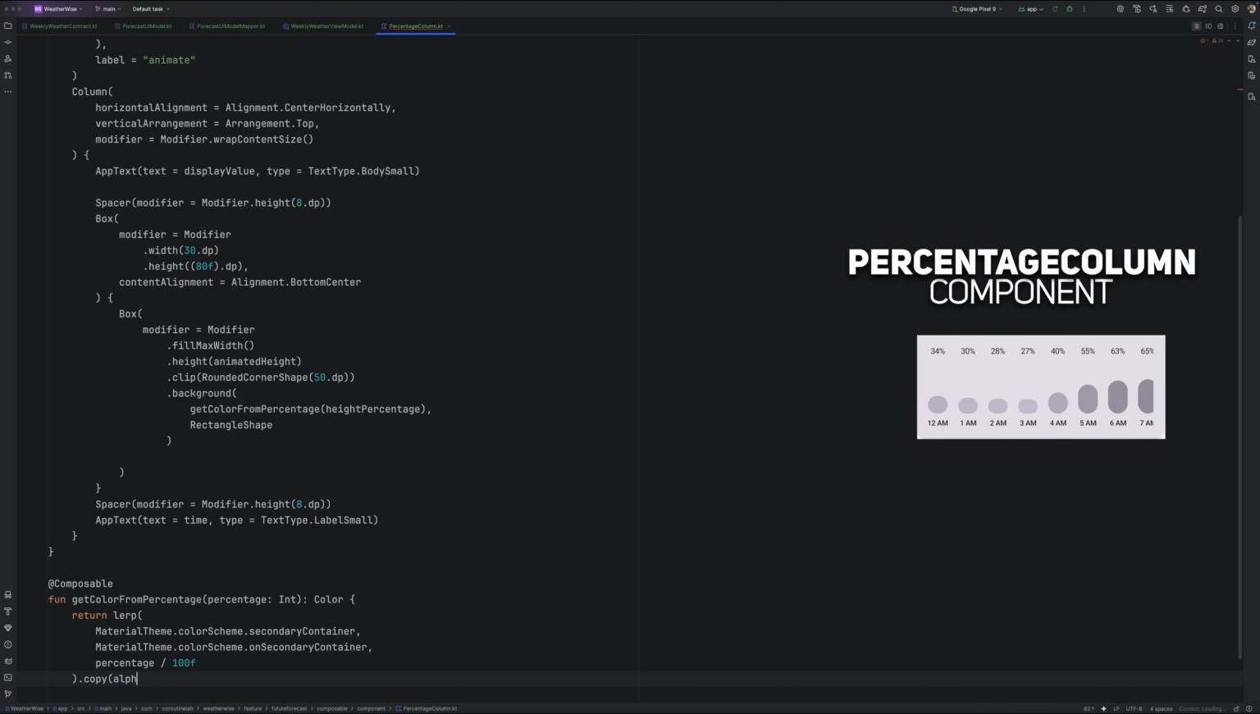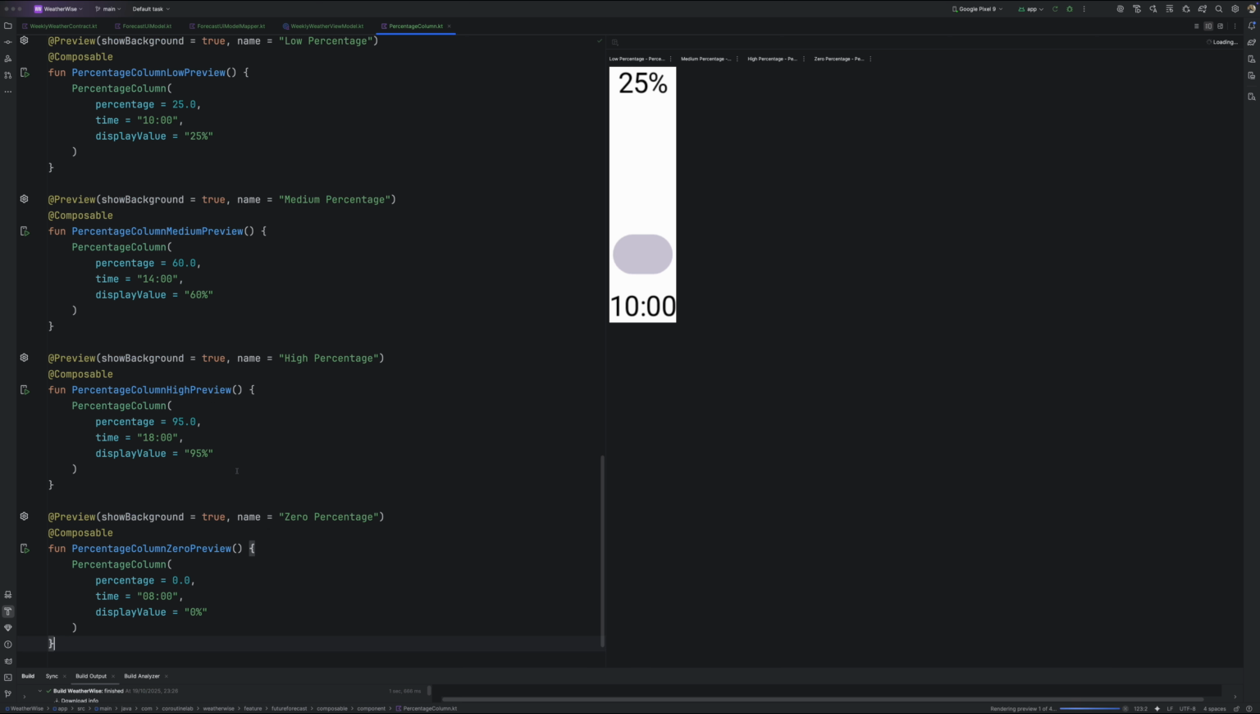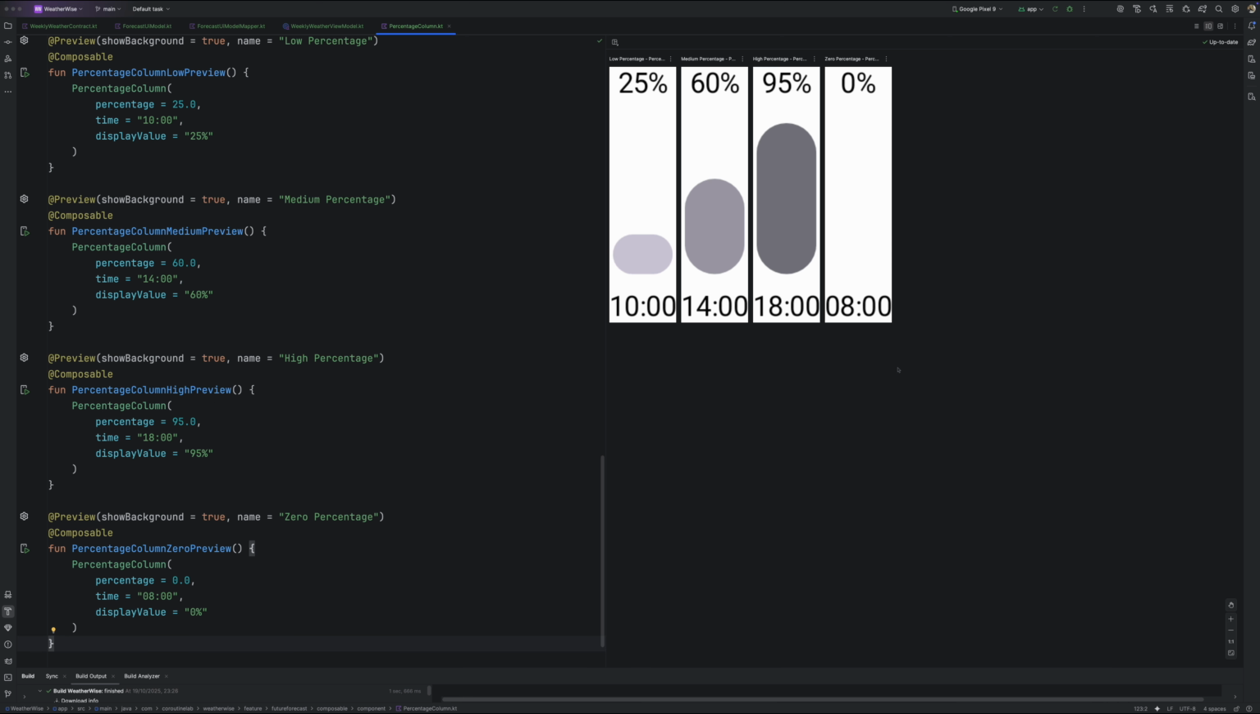The getColorFromPercentage helper uses lerp, linear interpolation, to blend between two theme colors. The start color